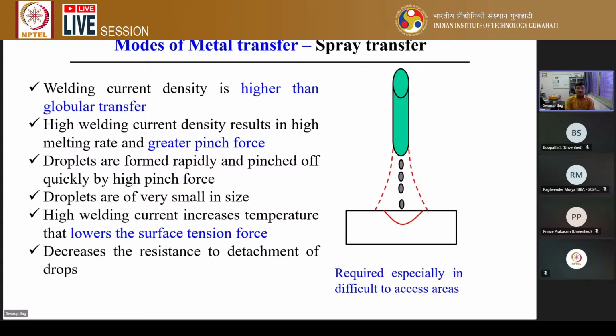to the workpiece. For example, when you use the globular type of metal transfer, the gravitational force is more important because the droplet size is much bigger than the electrode diameter. Therefore, when the gravitational force on the droplet is much more than the surface tension force, the surface tension force can be considered as the drop holding force. Surface tension force will try to hold the drop. Now, when the gravitational force is more than the surface tension force, then the droplet transfer will occur. But in this case, the driving force is the